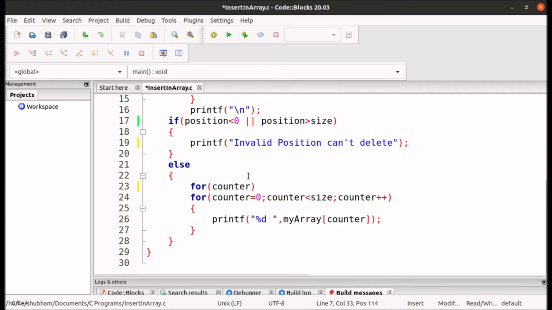So for counter equals to position, counter less than size, counter plus plus.